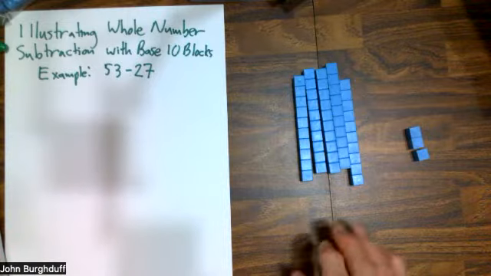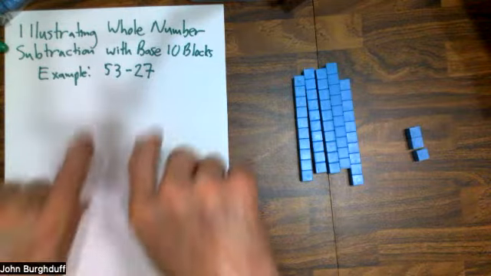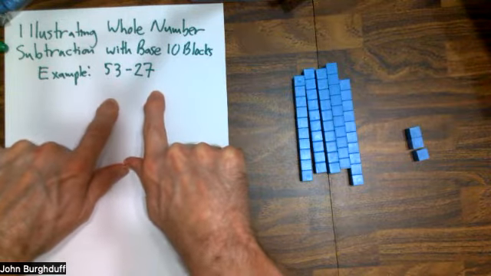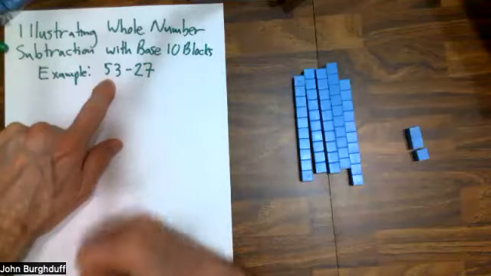In this video, I want to show you how base 10 blocks, a wonderful type of manipulative, can be used to illustrate subtraction of whole numbers. Now, subtraction, the physical action that I want to focus on that represents subtraction is taking away. So when I look at 53 minus 27, I'm thinking of taking the number 53 and somehow taking away from